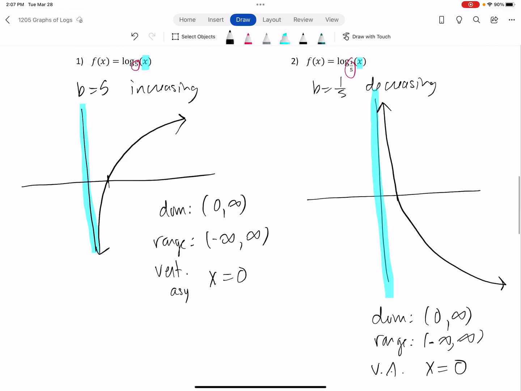You could move these around, just like we did with exponentials if you had some transformations, but we're not going to do any